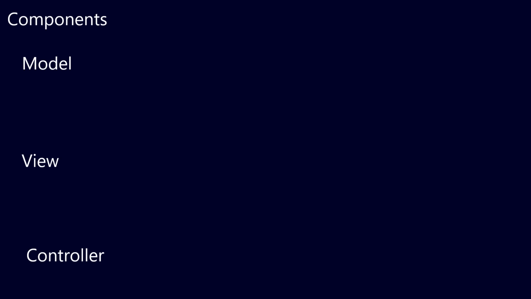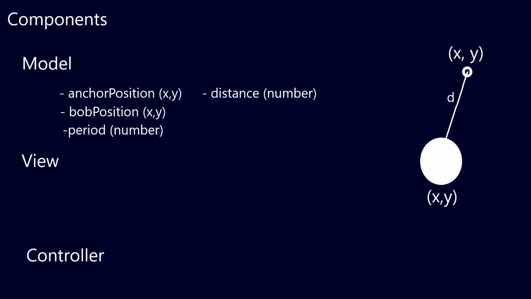First, we need to think about the fundamental components that compose this system in terms of model, view, and controller. A pendulum is basically 2 points in space, the anchor point and the bob. We will create position model components for each one of those. We might want to control the period of the pendulum, so let's make a number model component for that. We also care about the distance between the bob and the anchor, so let's also make a number model component